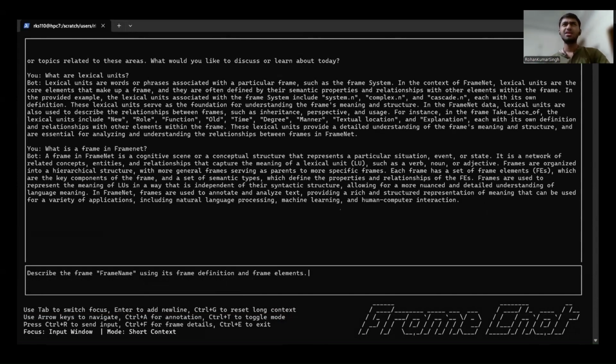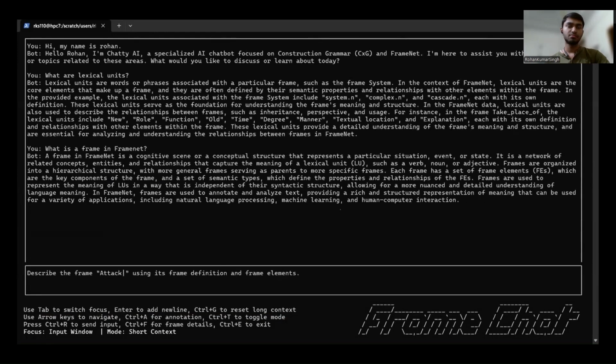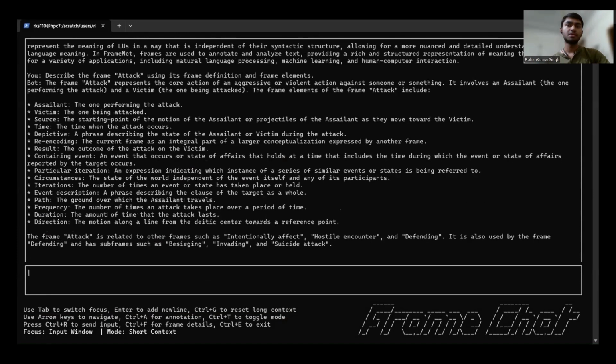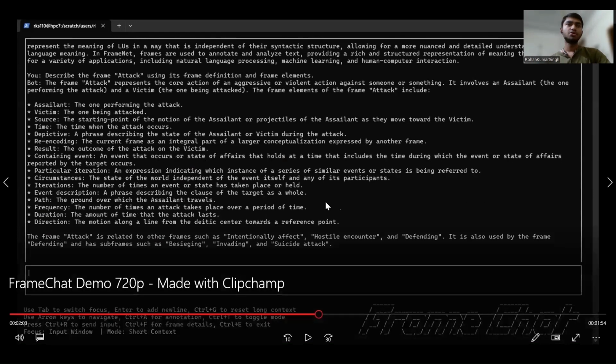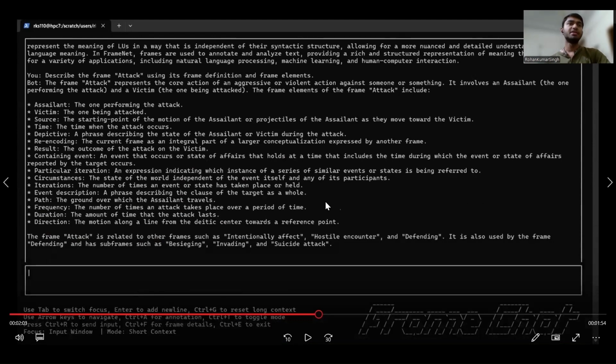Now let us use our predefined statements like describe a certain frame using its definition and frame name. Now let that frame be attack and we will see how it responds. So here our FrameChat has responded and the frame definition provided is: frame attack represents the core action of an aggressive or violent action against someone or something.